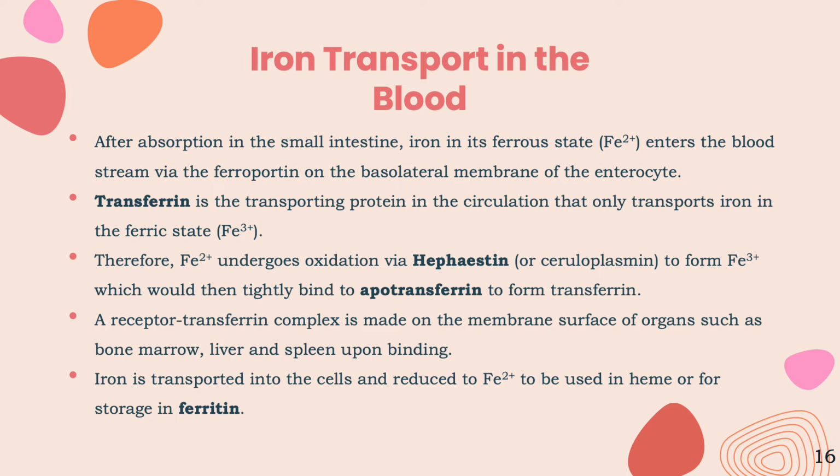Following absorption in intestinal mucosa, ferrous iron enters the bloodstream via the ferroportin on the basolateral membrane. However, iron is circulated via the transferrin protein only in its ferric state. Therefore, the ferrous iron must undergo an oxidation reaction performed by Hephaestin or ceruloplasmin to be converted to ferric iron to enter the bloodstream. Ferric iron in the blood binds to an apotransferrin molecule to form transferrin, which facilitates transport